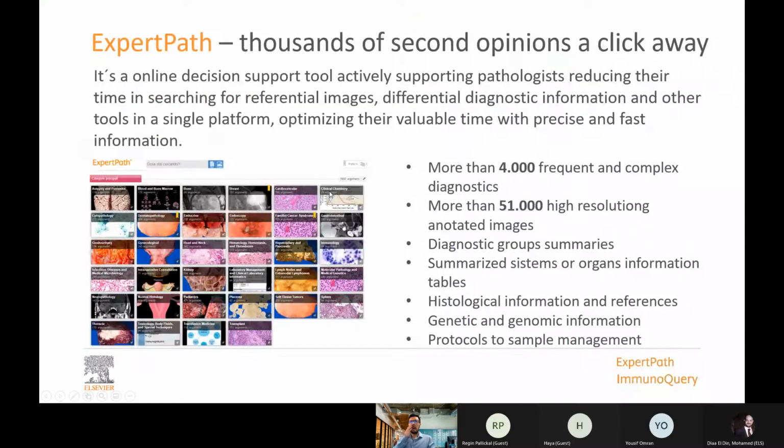Just to have an overview about the first of the solutions, which I think, from my personal perspective, is a little bit more focused on a teaching environment, which is ExpertPath. ExpertPath is designed initially as a decision support tool to help anatomical pathologists, based heavily on the content from the diagnostic pathology series of books from Elsevier. I think the ones in the field will recognize these books